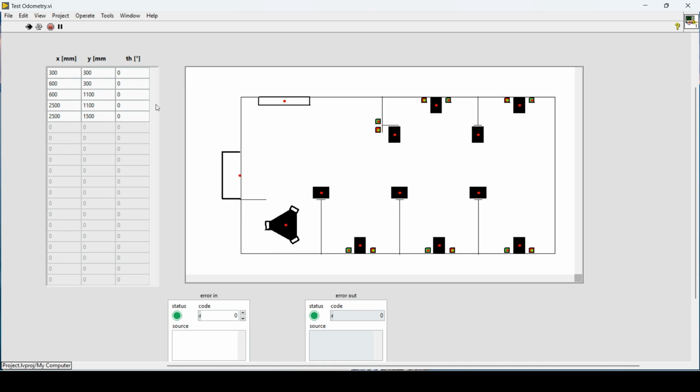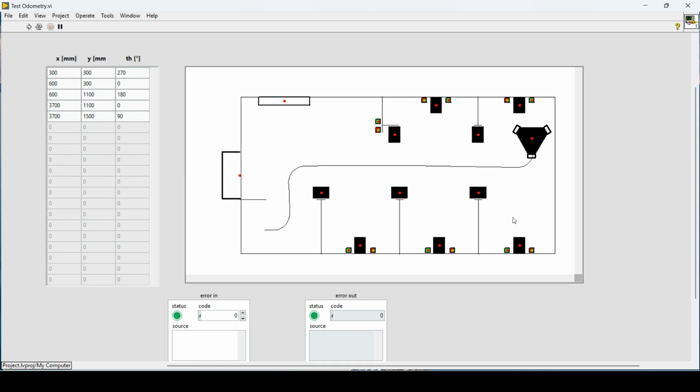Okay, so the idea with this guy is you set a path that you want to test, that you want to try, and then the robot will follow this path. You can also change the angles. So let's put some angles here, and then the robot will try to follow them. If you pay attention, you see that the robot is also rotating, not only moving. And then you can put here any coordinate that you want, and then you can try. So now I put to go around here with an angle of 90, and then my robot goes